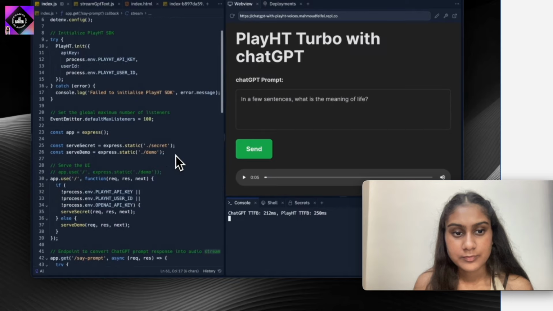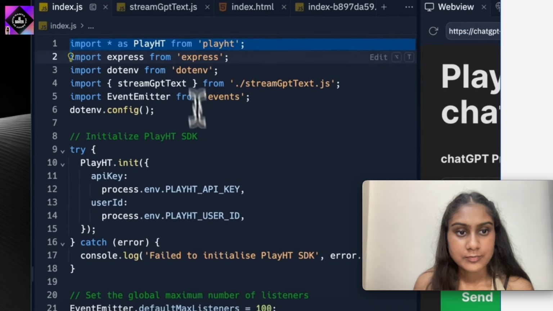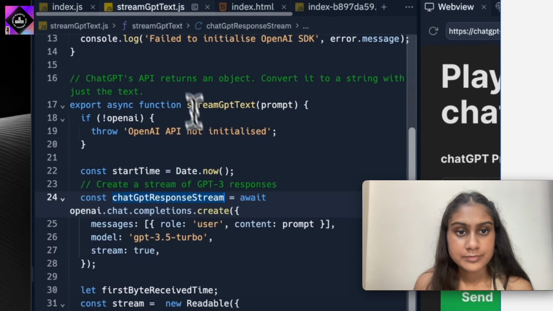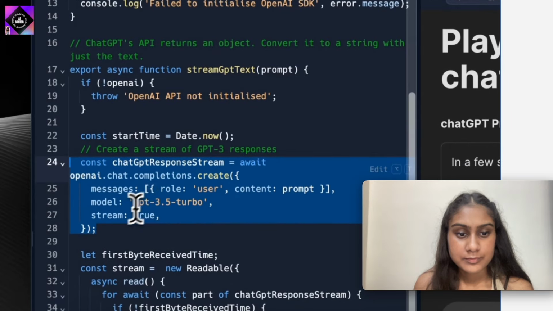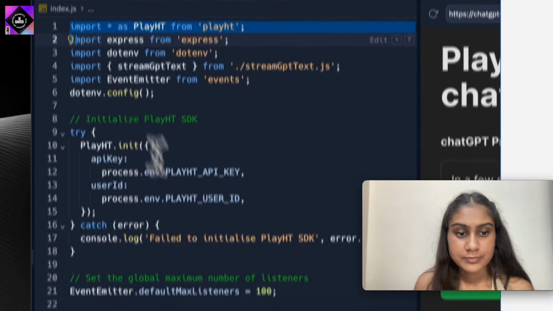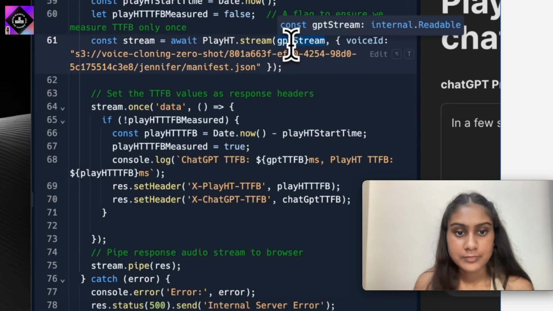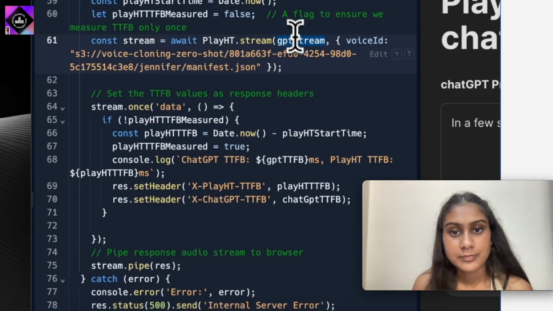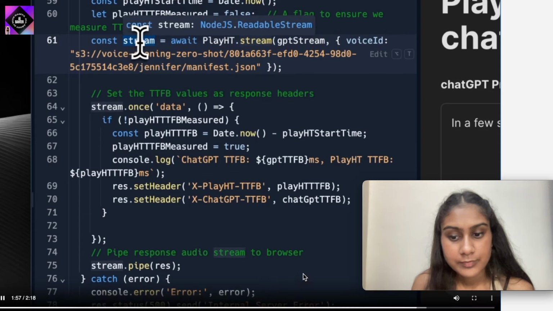So let's see how this actually works in this example. We're using our Node.js SDK and the OpenAI Node.js SDK as well. We're calling the OpenAI SDK with streaming through. Once we get the stream from there, we pass that stream as it is. We'll see it here. Yeah, so this is the stream we're getting from ChatGPT. We pass it as it is to our Node.js SDK, and that's it. There's nothing else you need to do. This stream, once it starts getting any audio, you can